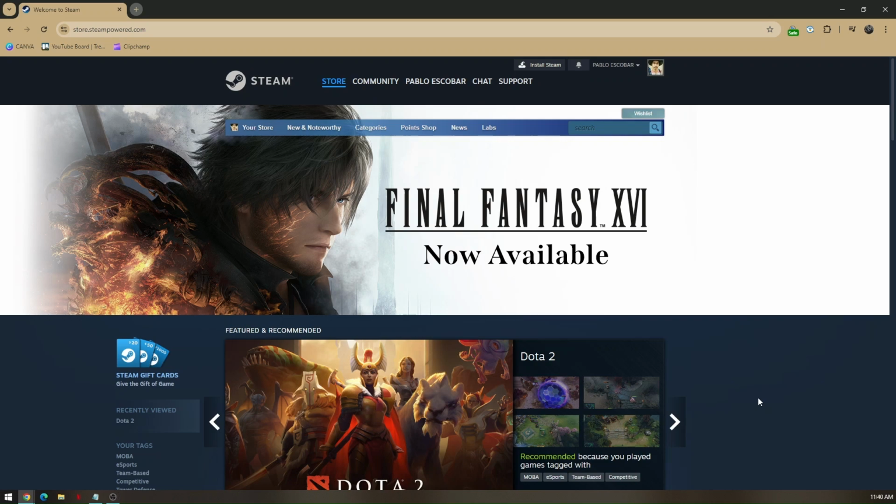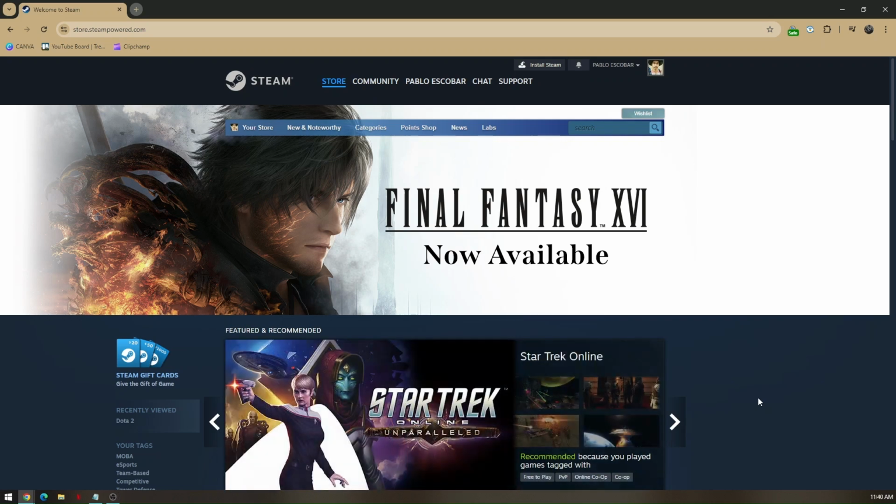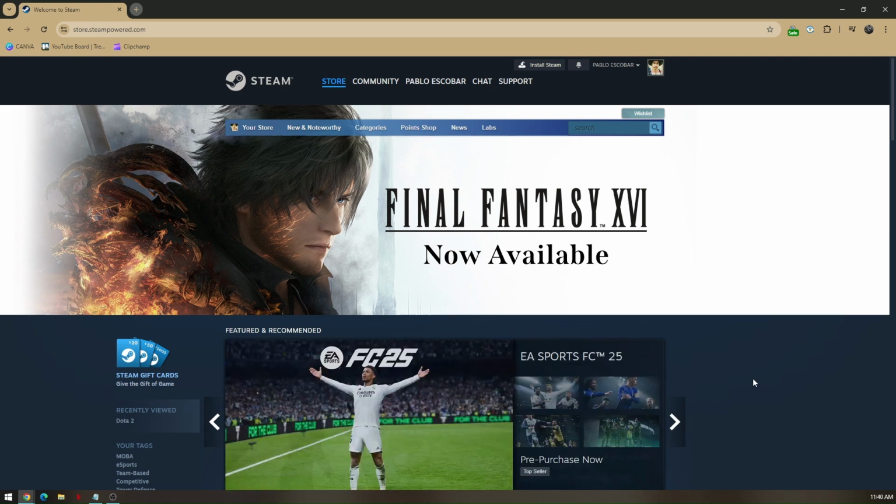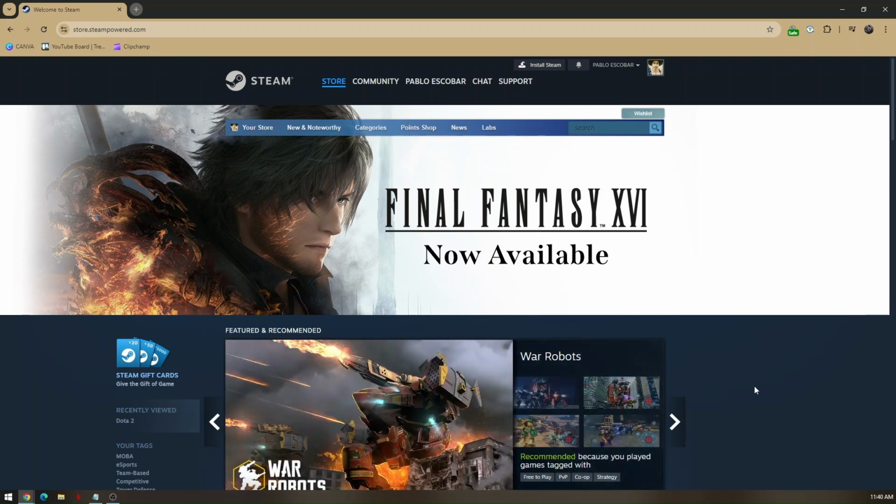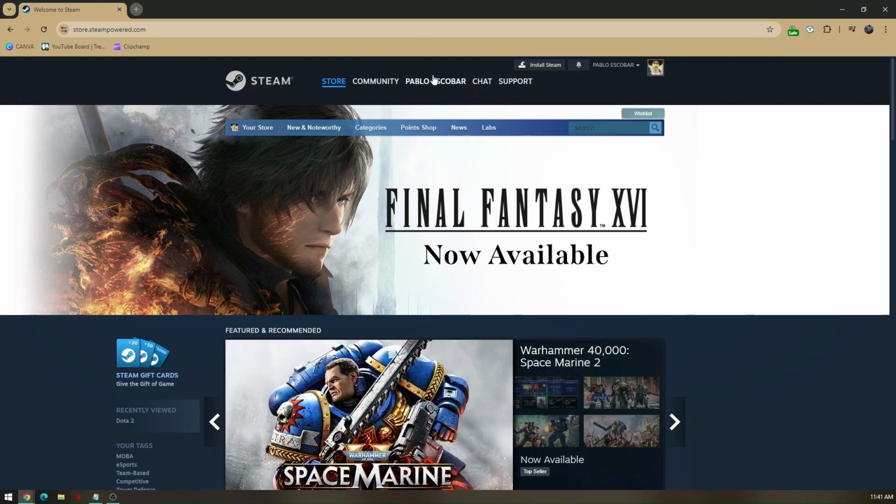How to find Ubisoft Connect activation code on Steam. The first thing to do is to pull up your preferred browser or access your Steam application on PC. Now, once you've logged in, you'll be able to find Library here once you have games on your Steam. In my case, I don't have any games installed on my Steam,